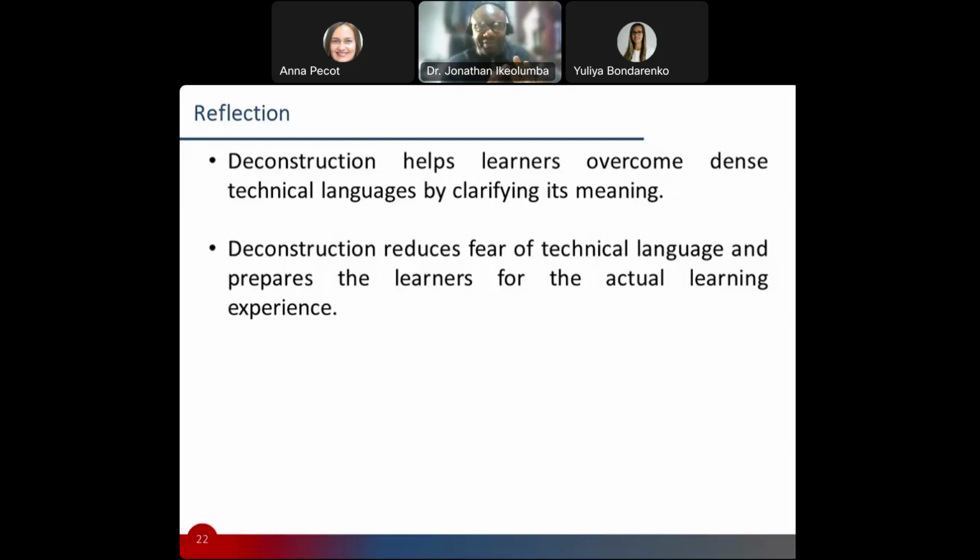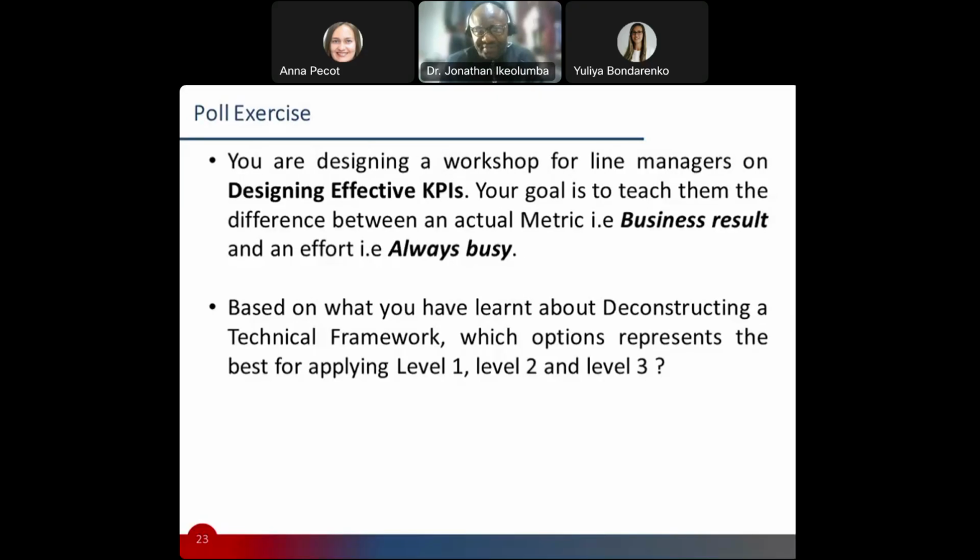So the big picture is, as one who delivers on the technical training, you will be doing a lot of deconstructing. You'll be doing a lot of interpretation. That's the kind of thing you do, right? Clarifying the meaning. And what that really does is that it then prepares the learner for the actual learning experience. So you can think about that stage as setting the tone, and just getting the learner ready for what it is that is about to come, right?